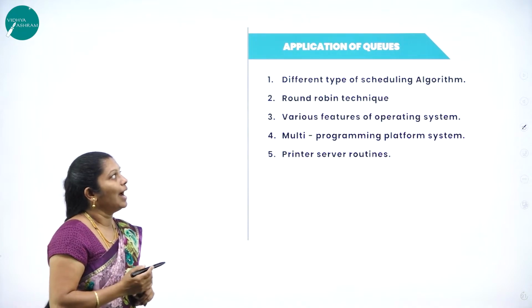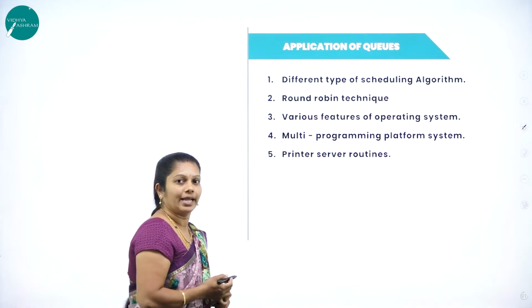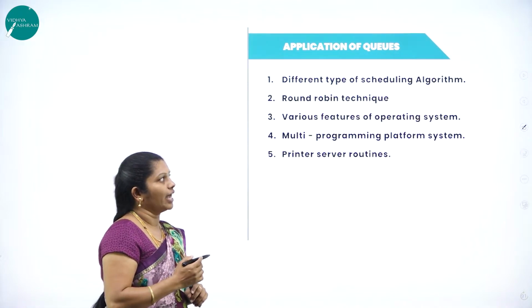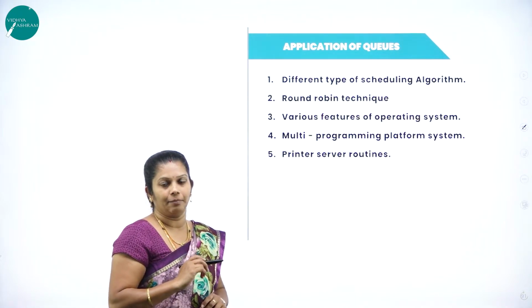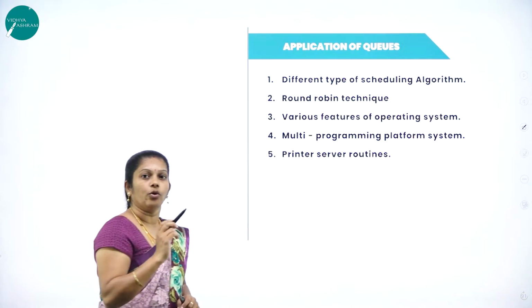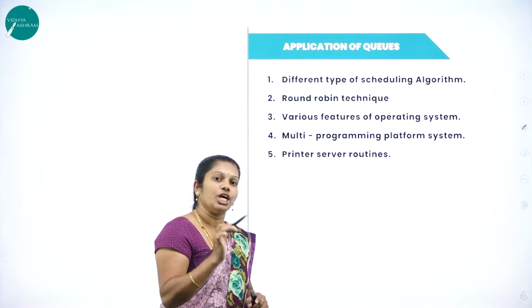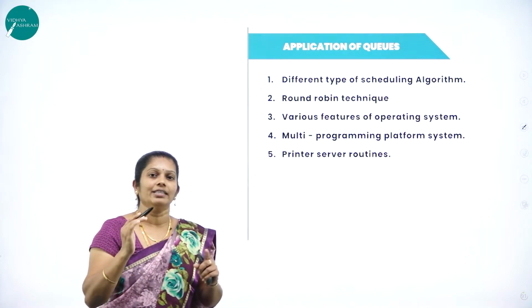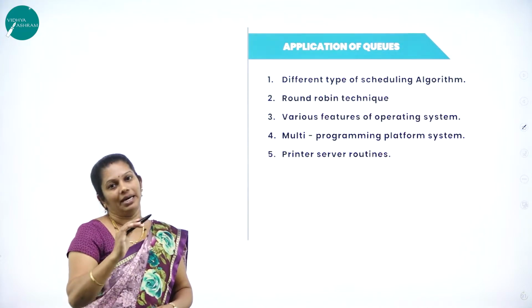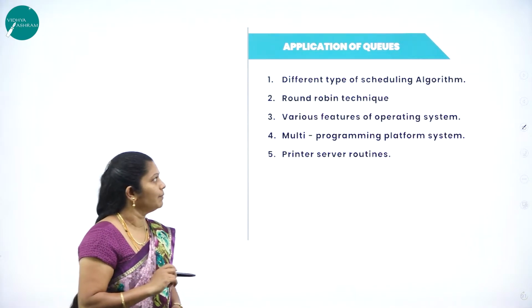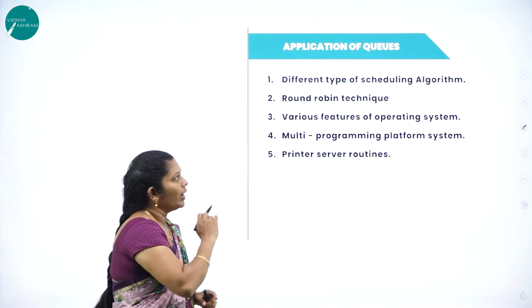Next, we will move on to applications of queues, where exactly we are using the queue concept. Queues are used in different types of scheduling algorithms. Then it is used in the round robin technique. Scheduling algorithm, what do you mean by this? Scheduling algorithm divides the work or time in a different manner. In the round robin technique also we are using the queue concept, as well as it is used in various features